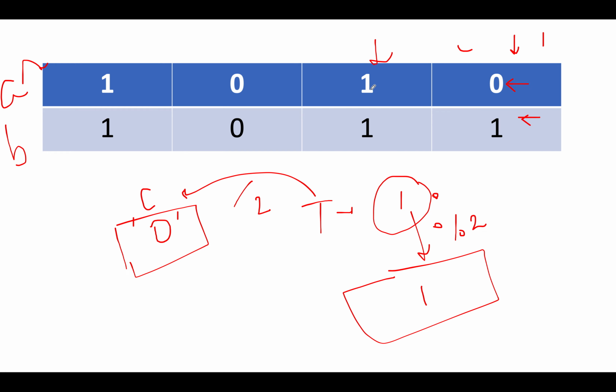Let's proceed ahead. Next we have 1 plus 1 and the value of carry is 0. The total turns out to be equal to 2. So what you will do, you will perform the modulus operation. The modulus turns out to be 0. So the 0 gets added to the answer string and the total gets updated to 1. 2 divided by 2 gives us 1. So the carry is updated to 1.